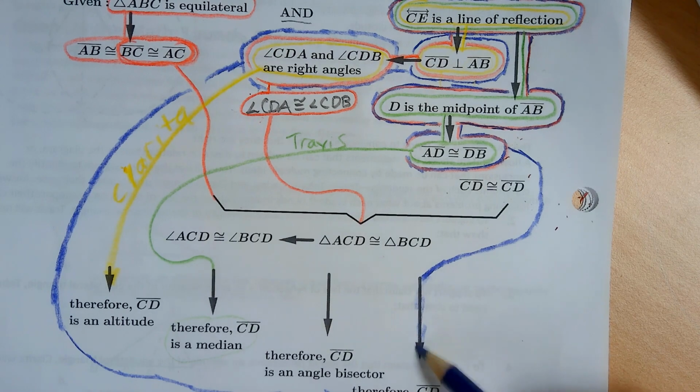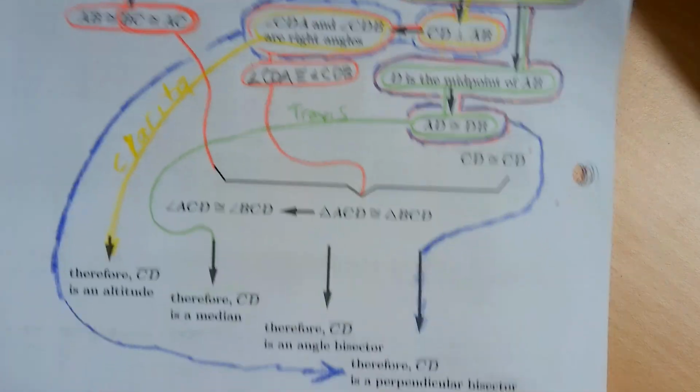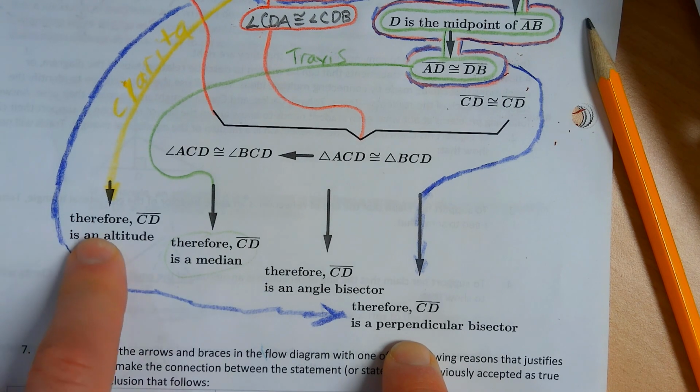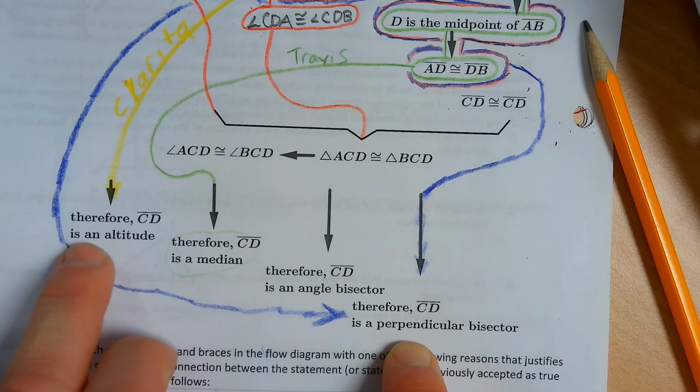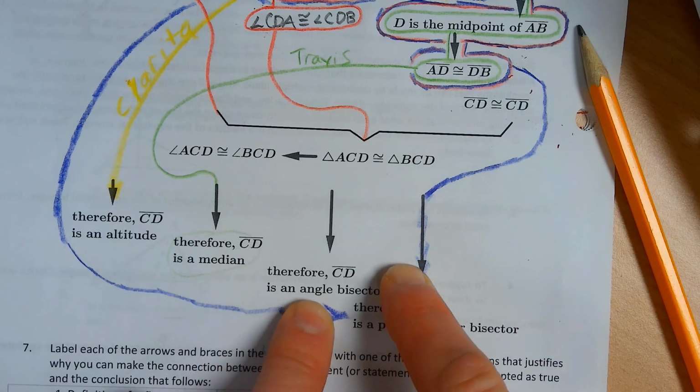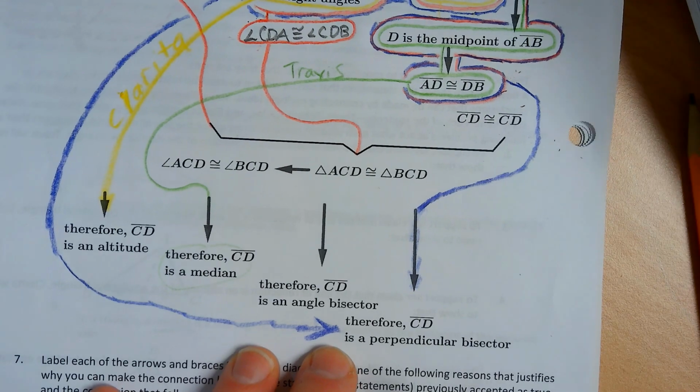He needs two arrows, because basically his claim that it's both perpendicular and bisecting is based on these two claims, that's an altitude and it's a median. So he's getting two pieces of logic to come together. All right, back to